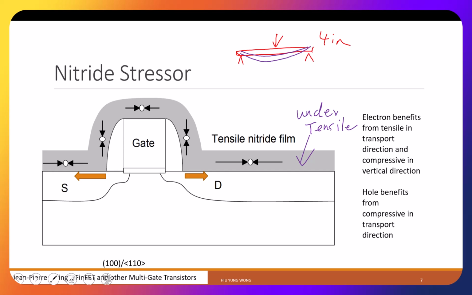Think about that. Like you have two arrays of people, right? And then they have an interface, and then one group of people shrink very fast, and the other group does not. Then the one that is shrinking will feel that the other group is stopping you from shrinking, means they're trying to pull you away. And they have opposite effect to each other. So if eventually at room temperature this is at tensile stress, then what does it mean? Then it means you are going to compress